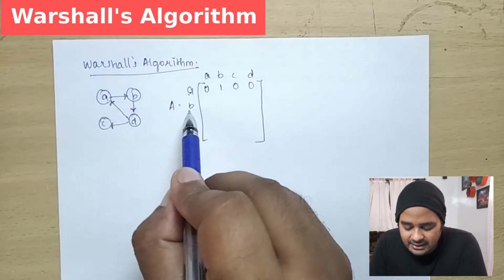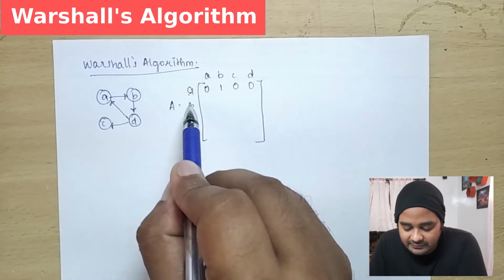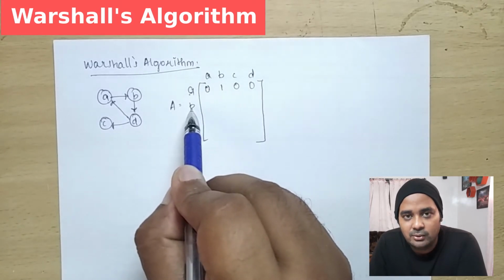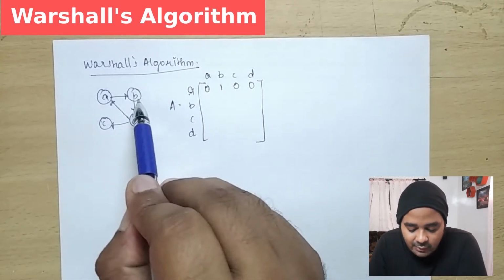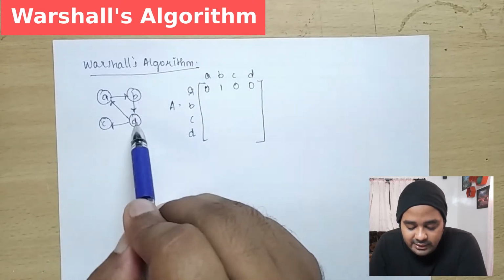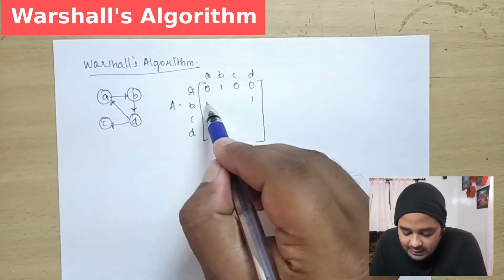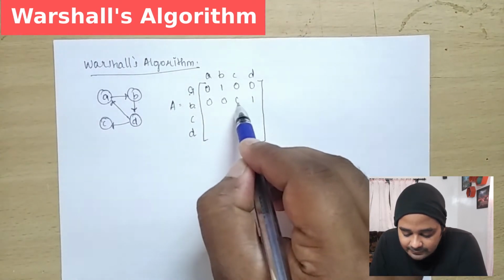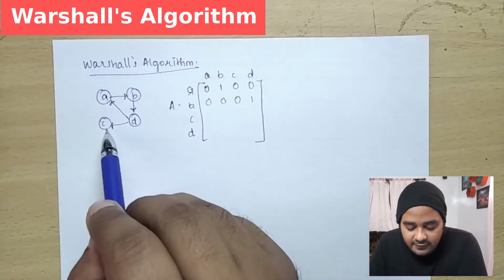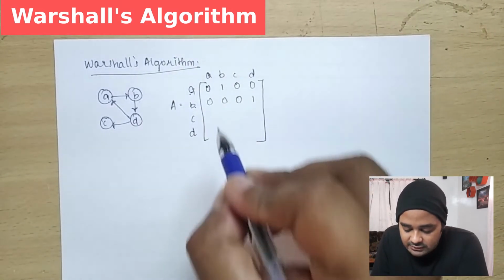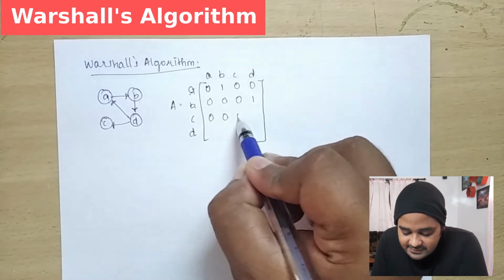Similarly, in a simpler manner, we can take a particular node and look at its outgoing edges. For example, B has how many outgoing nodes? It has only one outgoing node, which moves to D. So I mark D as 1 and all the remaining as 0. Similarly for node C, how many outgoing nodes are there? There are no outgoing nodes, so I mark everything as 0.